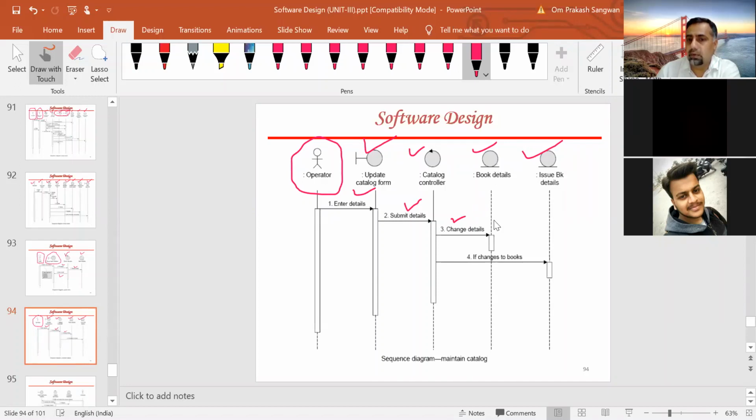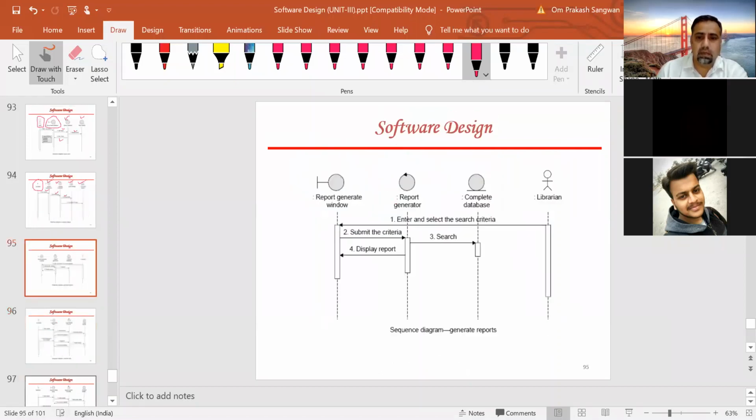These changes will be done to the entity object book details, and if there are changes to the book, then issue book details is also updated. So this is how the operator maintains the catalog of the books.